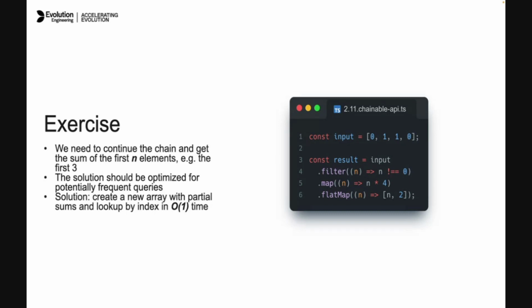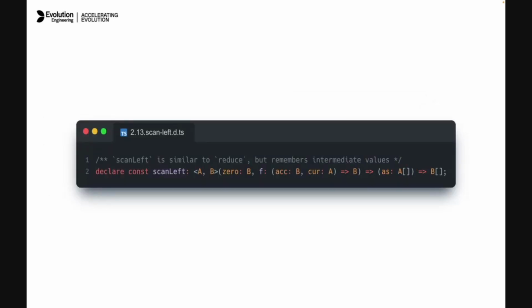And it's pretty simple. So we need to create a new array with partial sums, and we can simply look up by index in constant time. So the problem here is that we need to create a partial sum array. How can we do this? We can use something like scanLeft. It's basically similar to reduce, but it remembers intermediate values. It's one of my favorite functions. So here we have zero value, we have a reduce function, and